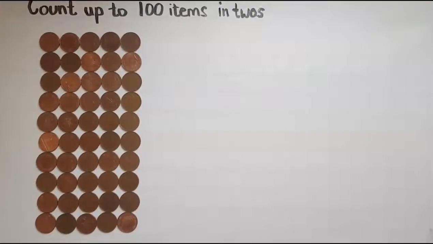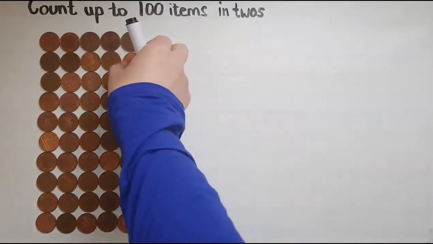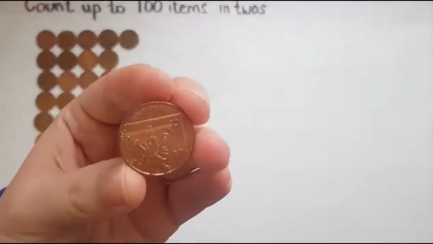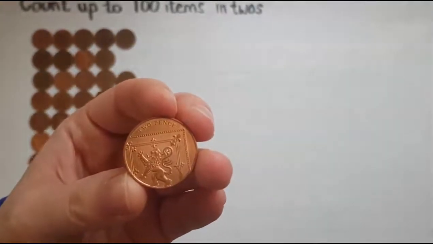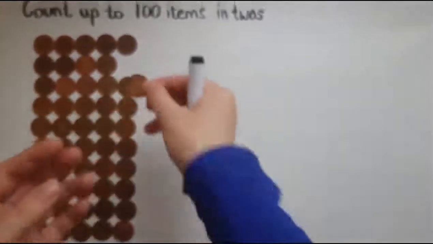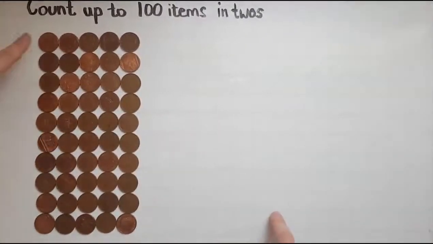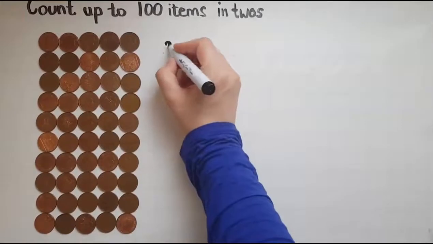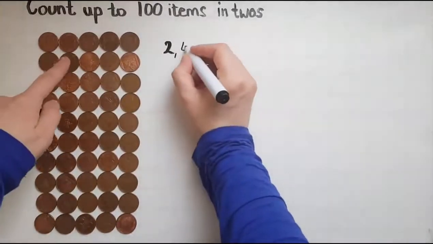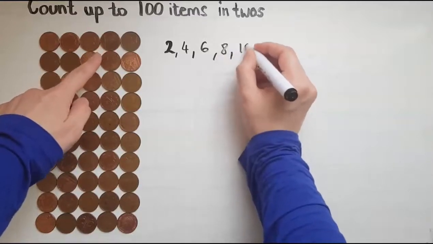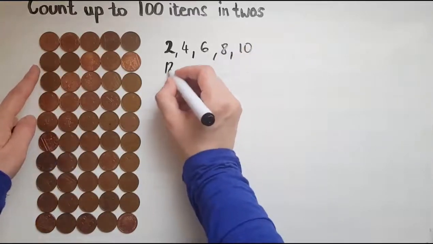In this video, we'll learn to count up to 100 items in twos. I have a number of 2p coins, as you can see on the camera, and I'll count how many I have in total. So I've got 2, 4, 6, 8, 10, 12,